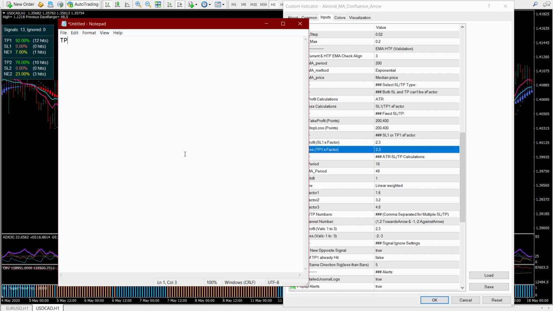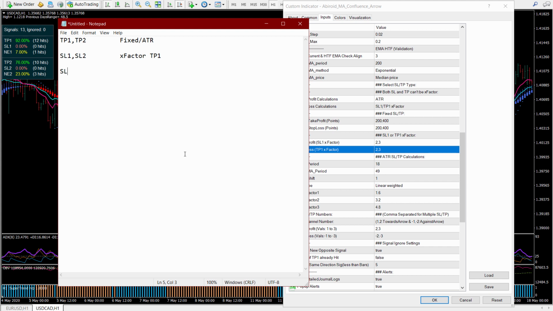If TP1 and TP2 are both calculated using fixed or ATR values, and SL1 and SL2 are calculated using the multiplier factor, then stop losses will depend on TP1.